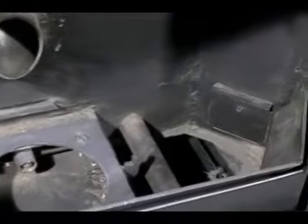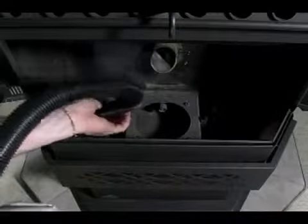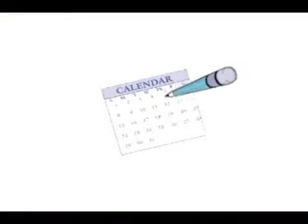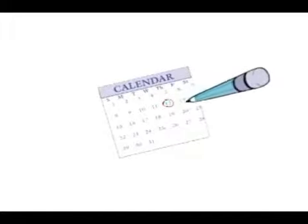Remove the exhaust port doors and vacuum out the exhaust ports, removing as much ash as possible from both sides. When clean, replace the exhaust port doors. Clean the exhaust blower and vent systems at least once each year to prevent damage to the blower or blockages